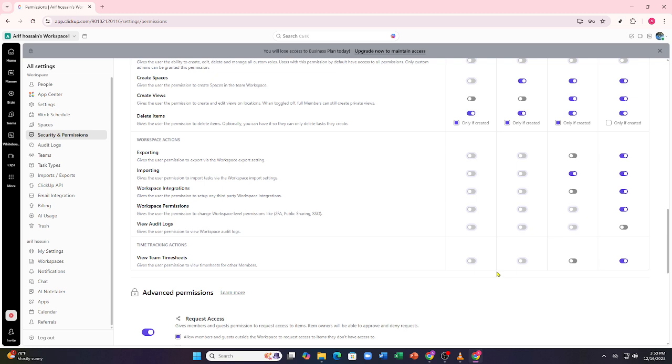And that's basically it. When roles and permissions are set up properly, ClickUp becomes a powerful, safe, and well-structured system